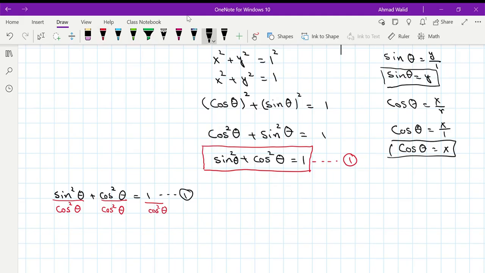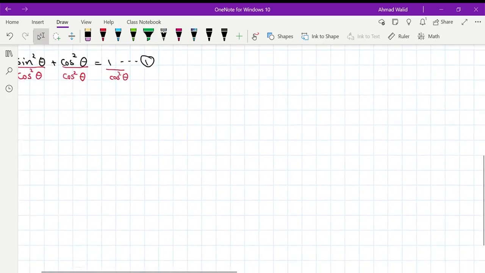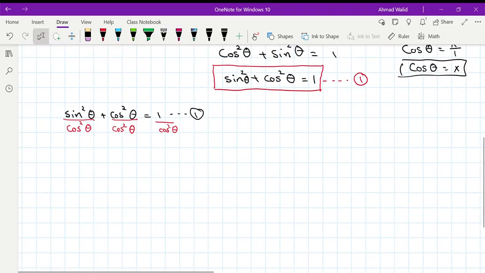What is sine over cosine? Today you learn in this lecture that sine over cosine, you can replace it with tangent, correct? Then instead of writing sine square theta over cosine square theta, I can write tan square theta, correct? Plus these two cancel out, you will end up with 1